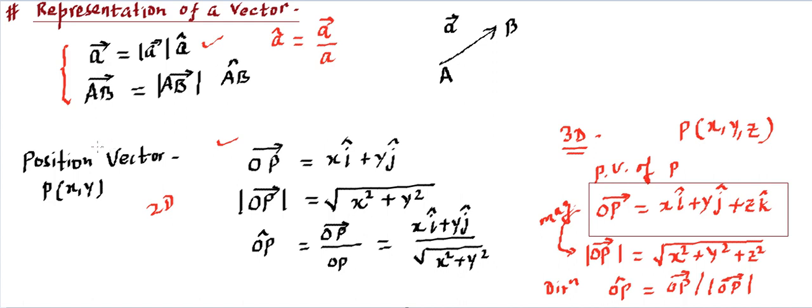Okay, and the position vector example says, if we know the vector, we can find its magnitude, we can find its direction. So from vector we can find magnitude as well as direction, and from magnitude and the direction, we can write vector. So basically we are trying to learn how to represent a vector. If the magnitude and directions are known to us, we can represent a vector, or if a vector is known to us, we should be able to extract the magnitude as well as direction.